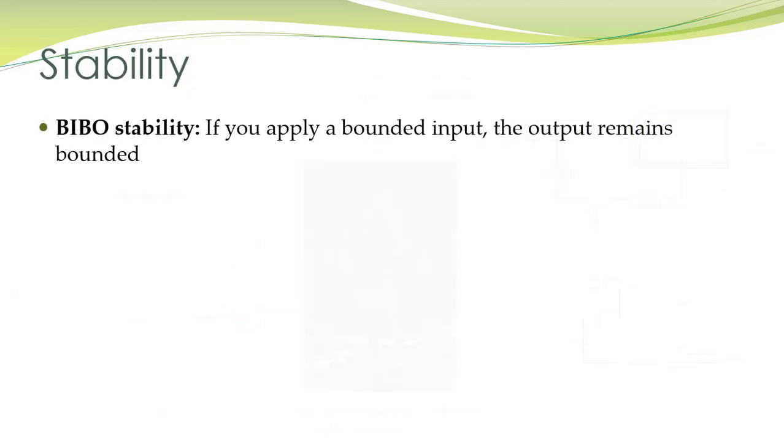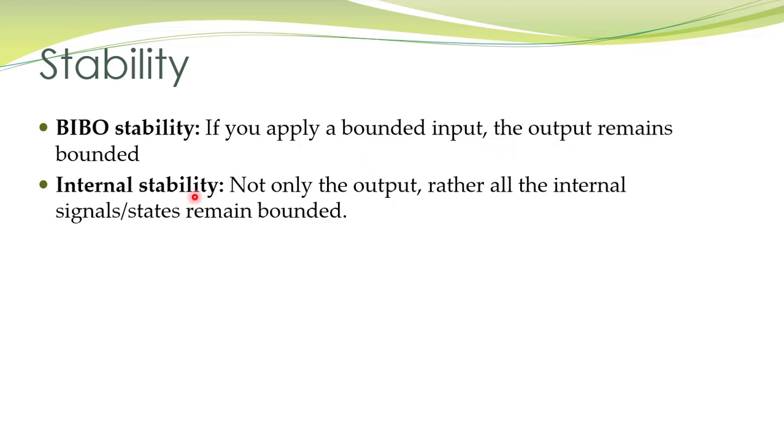You have talked about more formal definitions of stability for linear systems. You have talked about BIBO stability, that is, if you apply some bounded input to a process and the output remains bounded, then that process is called stable process or stable system. You have also talked about internal stability. This internal stability is a more strict condition than BIBO stability. Here we not only require the output to be bounded, rather we also require that all internal signals and states